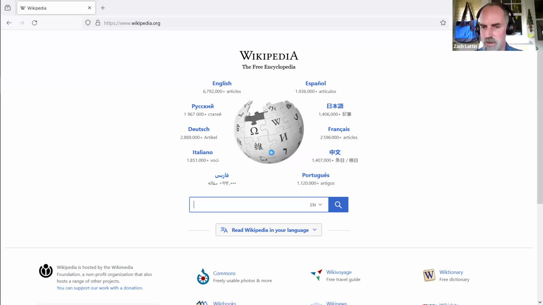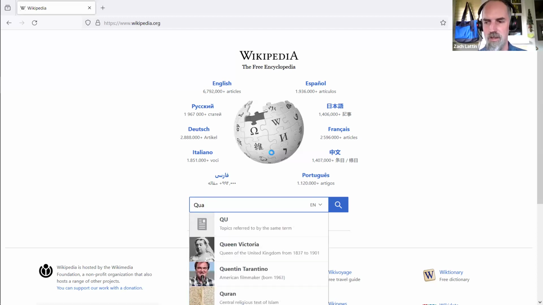So with Wikipedia, we can find a lot of articles that have MathML in them. Wikipedia uses MathJax, if you know what that is. So anyone who uses MathJax will be able to produce accessible MathML. So I am thinking about quadratic fields right now. I don't know why, getting a quadratic field vibe. So I'm going to type in quadratic